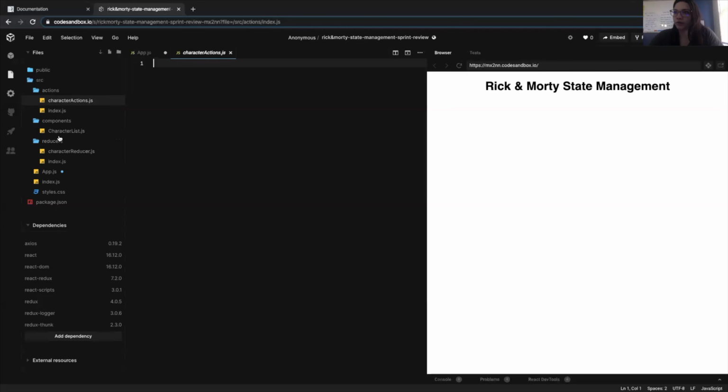All right, so let's go in here. Let's go into our reducer, and let's start to set up an empty reducer file. So I'm gonna make a comment. Step 1, set up empty reducer and